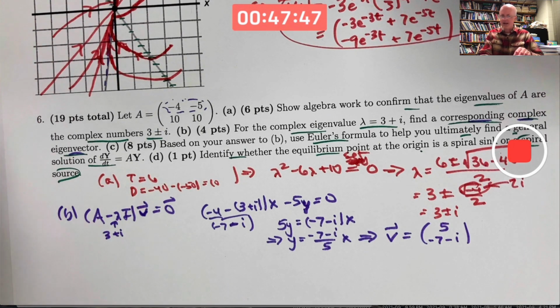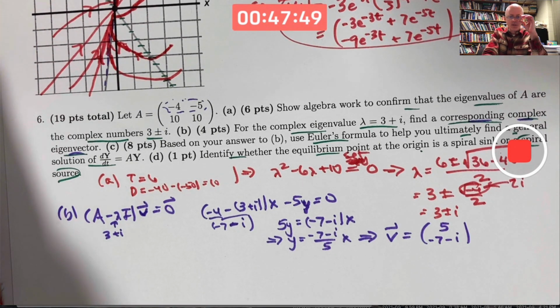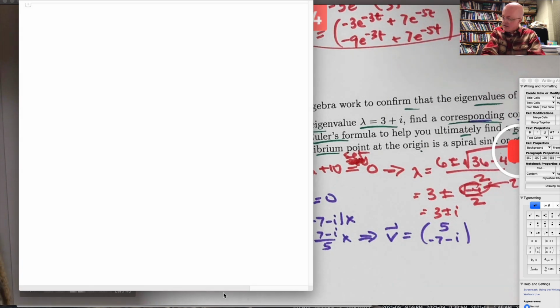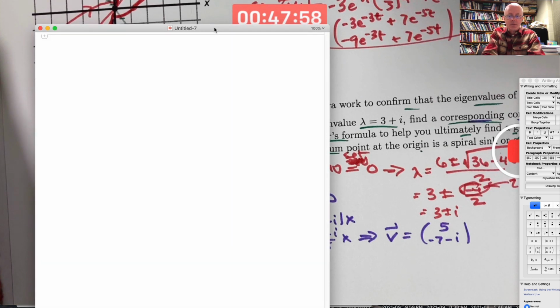Feeling a little uncomfortable that I got a different answer before, I think I'm going to just double check this with Mathematica here. And I'm going to do it using a matrix multiplication instead of a built-in command, just to confirm that this is okay. I don't want to make a mistake for you guys. So the matrix here